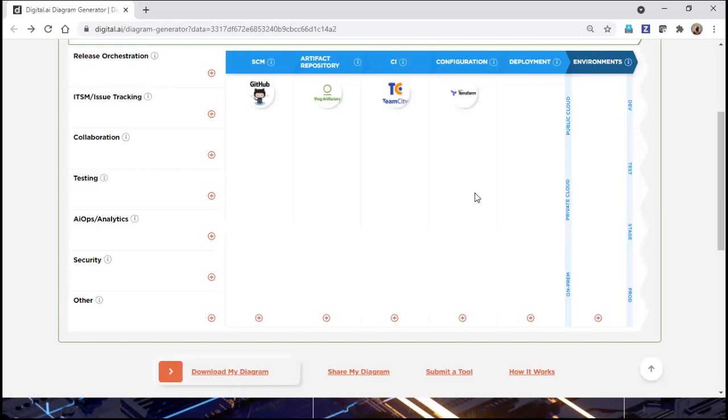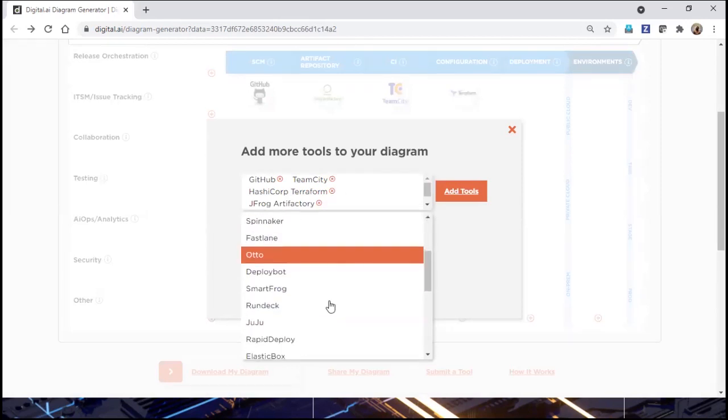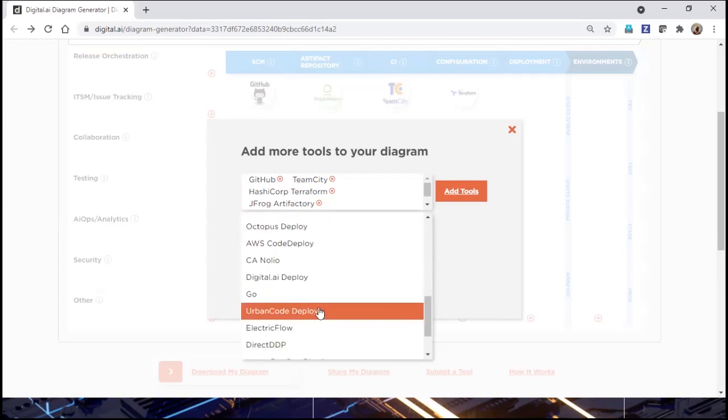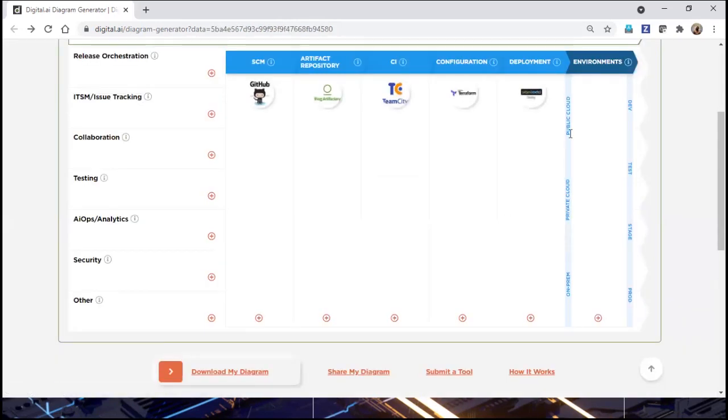So you need Terraform, and I have created it. I need some tool to deploy it, either Urban Code or Ansible, Juju. Let's go with Urban Code, because Urban Code is one of the very popular tools nowadays, or Juju also.